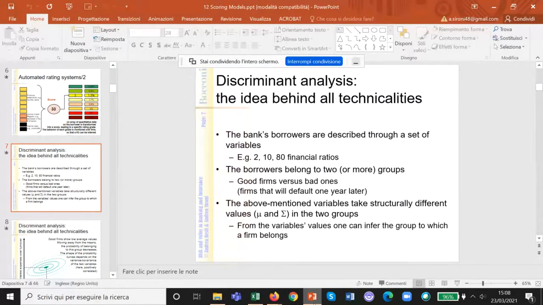So discriminant analysis works on a set of inputs that could be, say, financial statement ratios, and, as I mentioned, behavioral data like bank overdrafts. Generally, what you do is divide the borrowers into two groups. So what you could do, for example, is take 500 companies